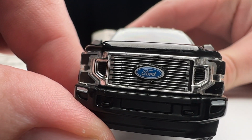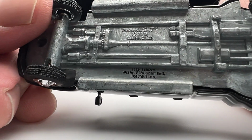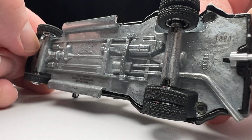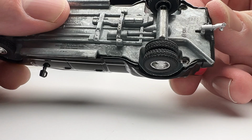Inserted details for headlights on this casting. This is the first version, I believe, of this casting that I've got. And I think it's a somewhat newer one. The tooling number is 138. These appear to be numbered